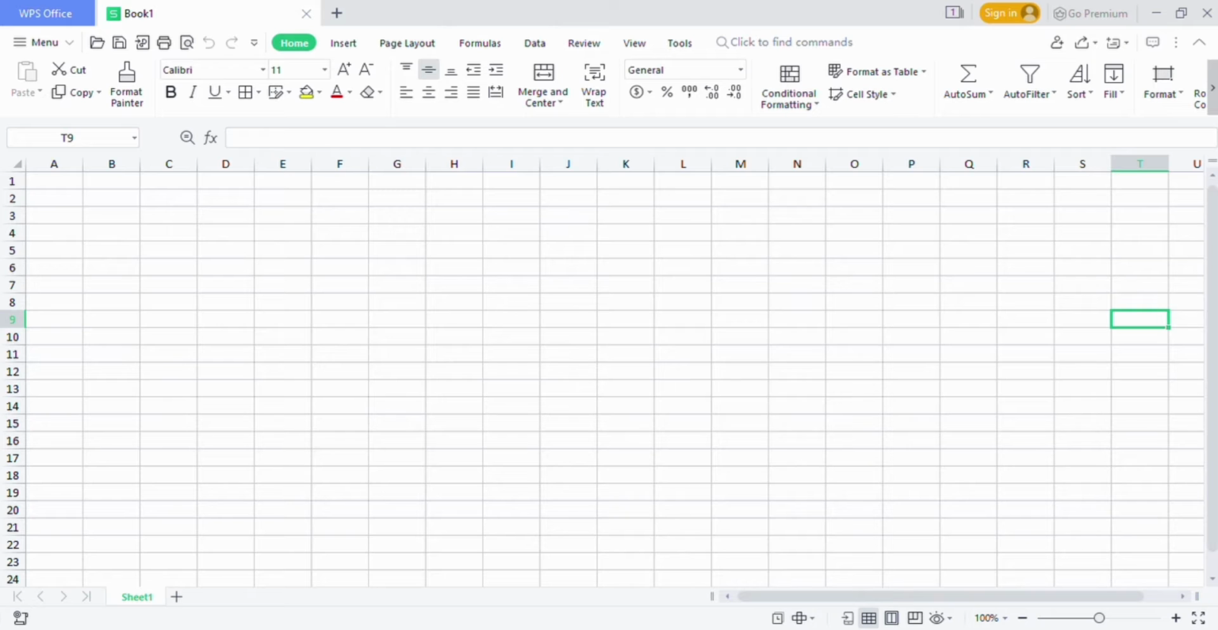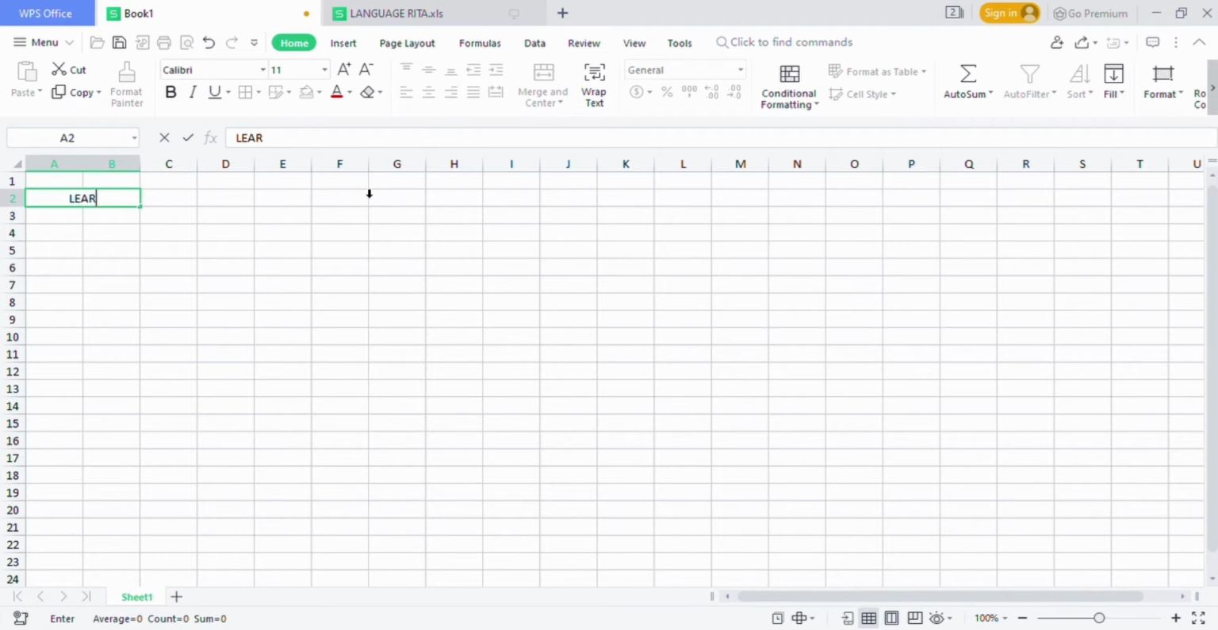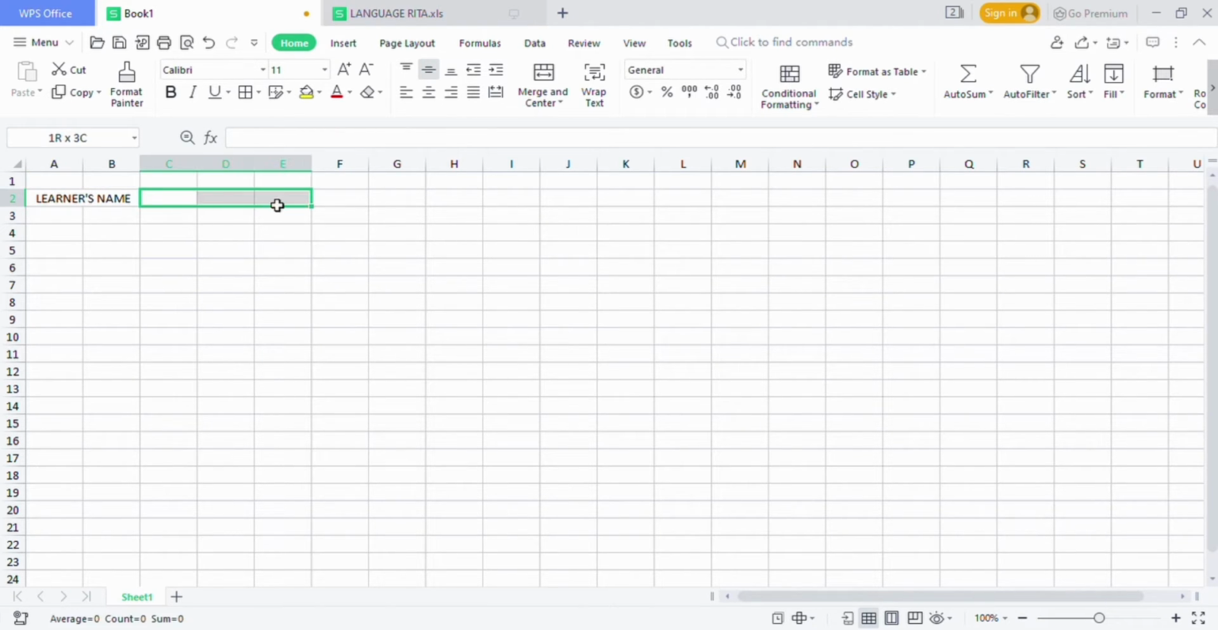Now let us start. First, we need to input all the needed information as well as the components for grading. I will start with the learner's name. To do that, we have to highlight the cells needed, then merge. Then write learner's name. For the other components, for example, I will be needing 5 columns for written works,